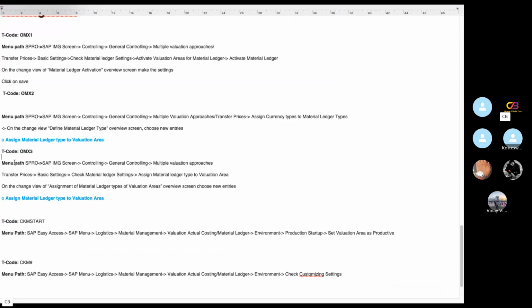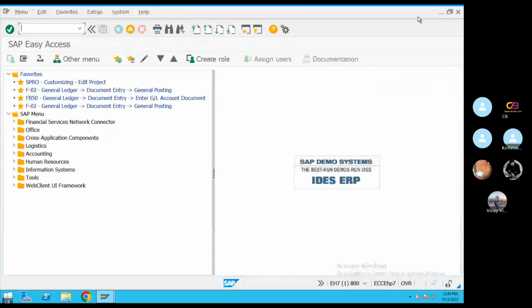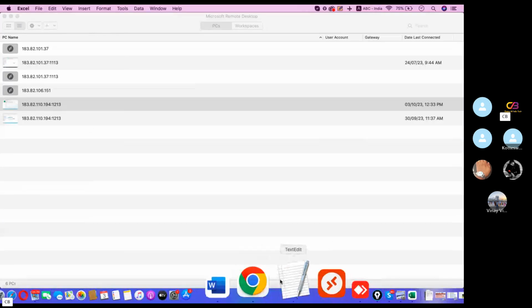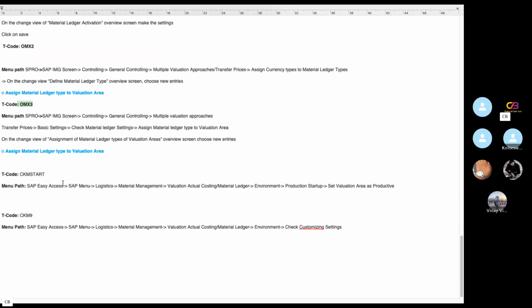Then the third configuration is to assign the material ledger type to the valuation area, OMX3. The material ledger type and the valuation area are both interlinked. Then we need to execute CKMSTART, then CKM9, and then your material ledger should be activated in your